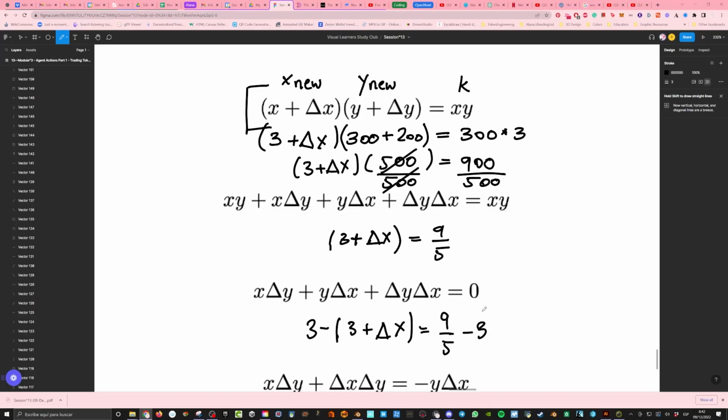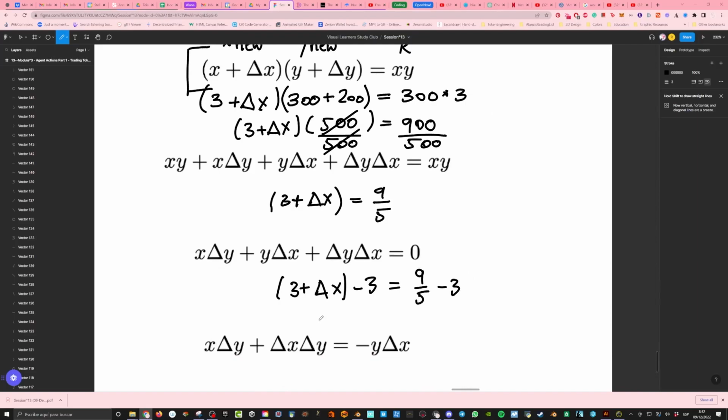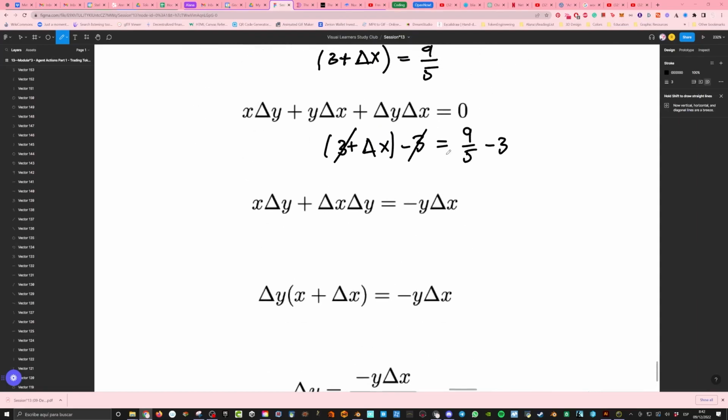No, so what will happen here is you want to do minus 3, not plus. So you write 3 plus delta x and then do minus 3. And then minus 3. Yeah, perfect. And 9 by 5 minus 3. Do you understand why we are doing it? What we are basically doing is removing all the things on the left, one by one. Okay. So 3 minus 3 will cut off and you'll just get delta x on this side, which will be equal to 9 by 5 minus 3.